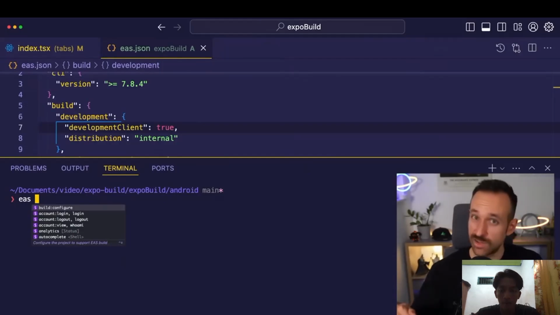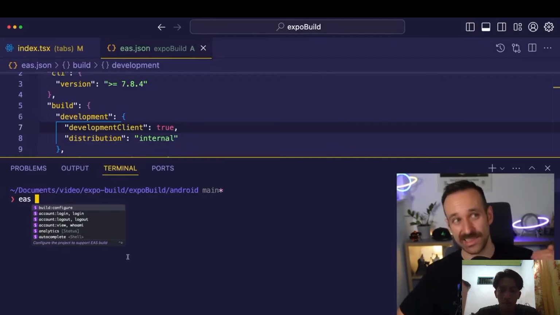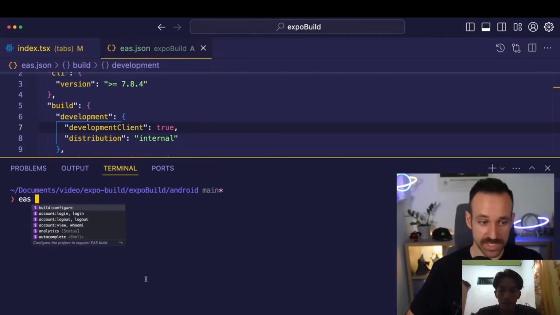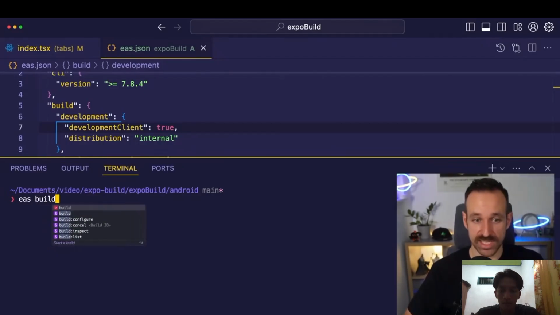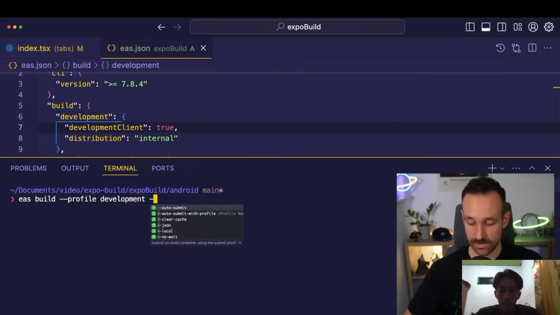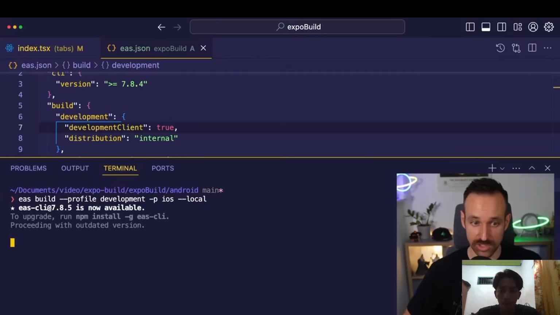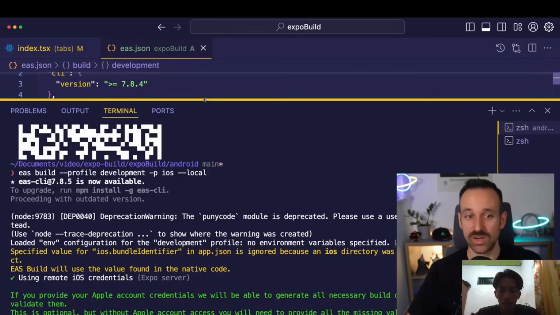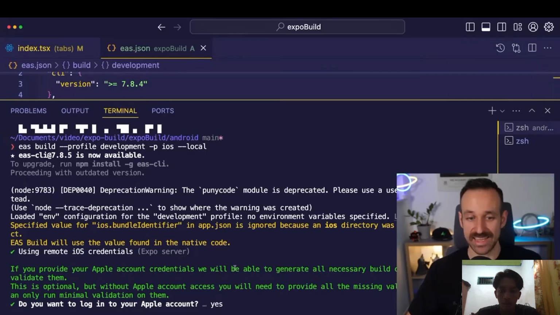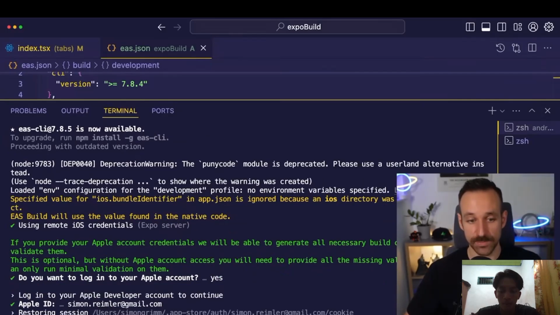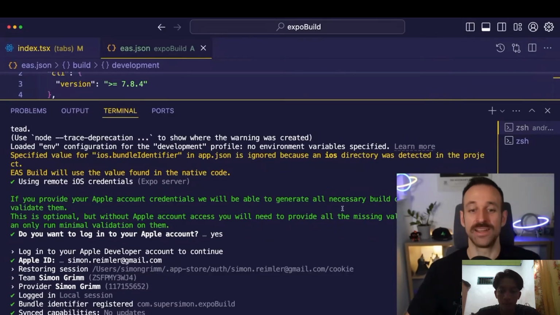Again, coming back to what I said earlier, if you want to build for iOS, you need a Mac. You can't do an EAS local build for iOS on Windows. So what I would do is pretty much the same as before, eas build --profile development, and then I would say -p ios and follow this up with --local. All right, and now what we witness is the exact same build of my React Native application,